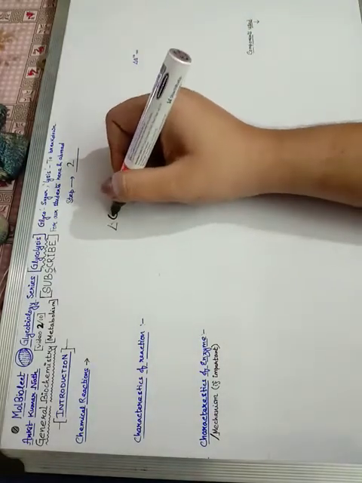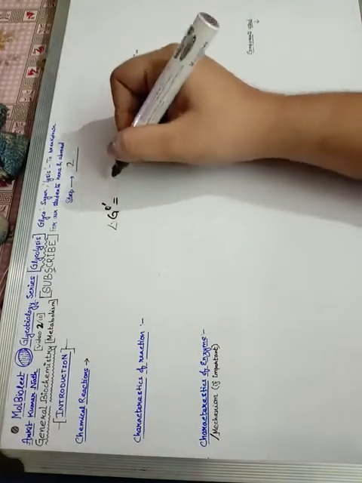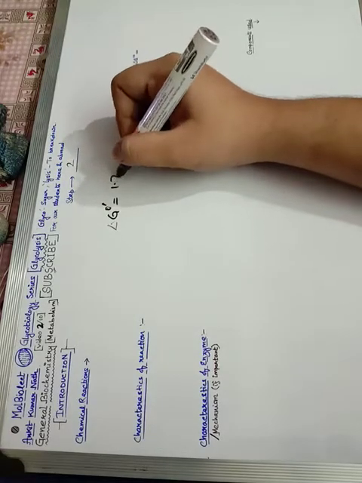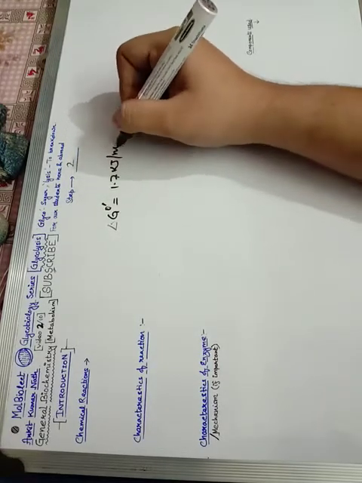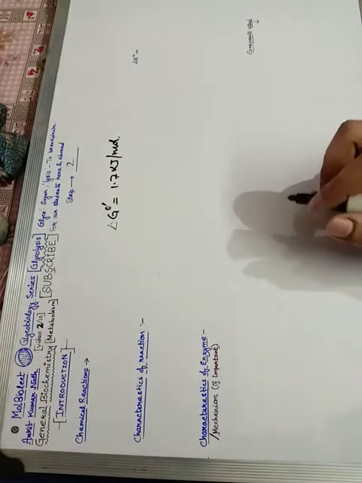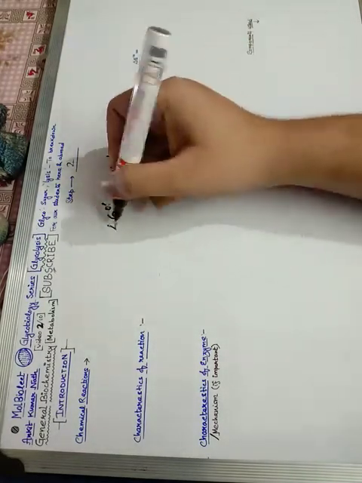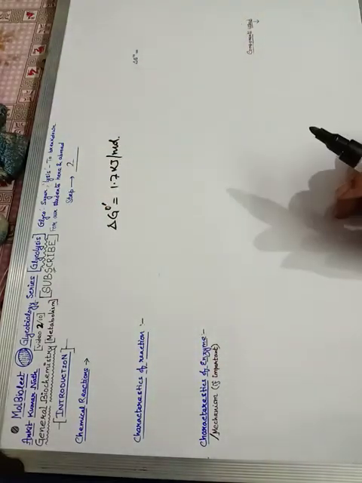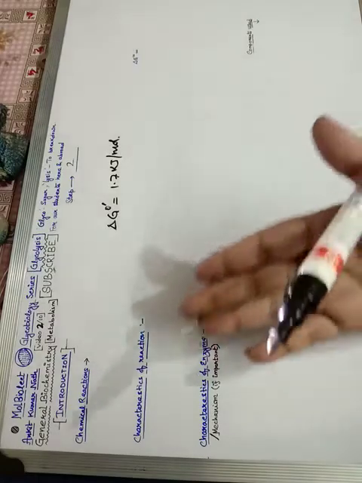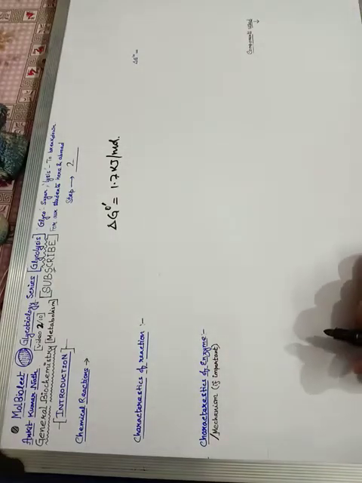In the previous shot I forgot to tell you the delta G naught value. The delta G naught prime value for this reaction is on the positive side, 1.7 kilojoule per mole. So this reaction is thermodynamically not that favorable, but in our body it is a series of reactions going on, so as the products formed are immediately removed, this reaction proceeds more or less forward, not backward.